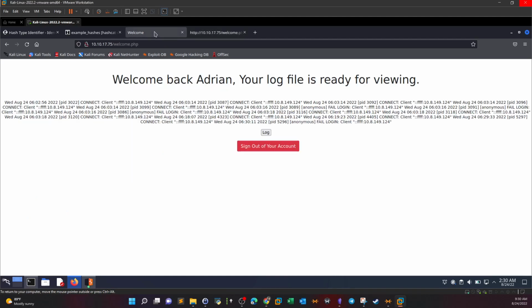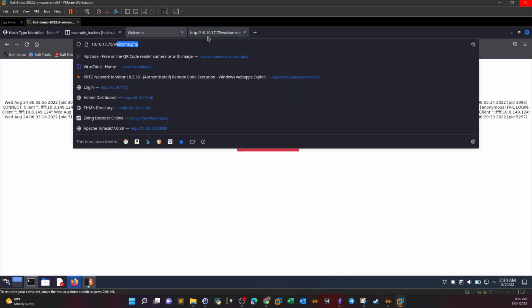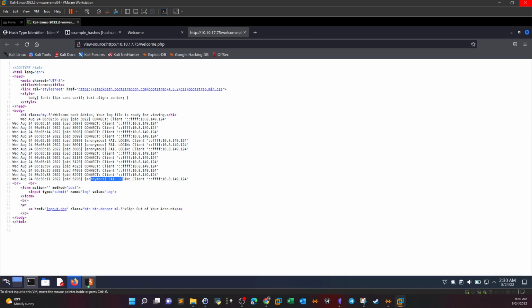Bear in mind, guys, that this page is also PHP, and it is allowing us to view a log file. So this is actually a hint that we need to use log poisoning if we want to take this further. So to use log poisoning, we have to poison the log file. Okay, how to poison the log file? We can go to the FTP